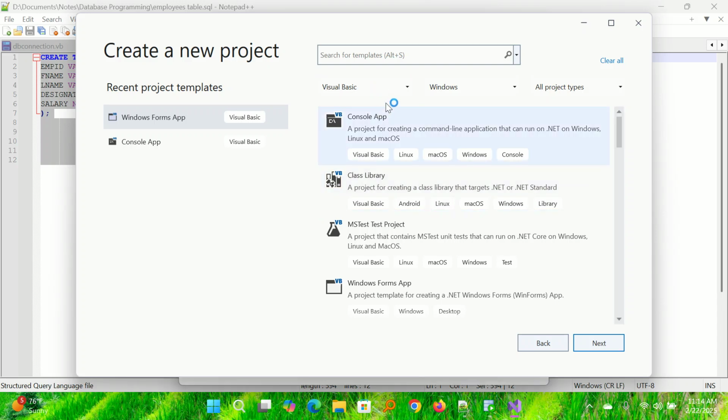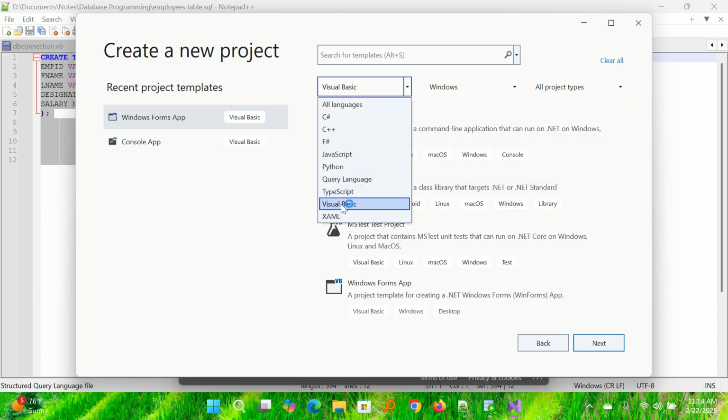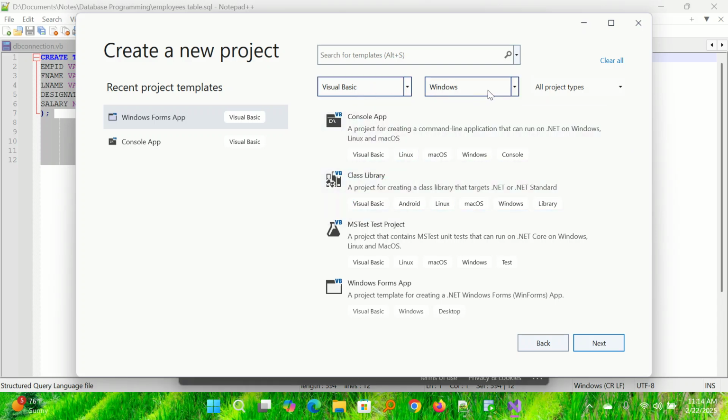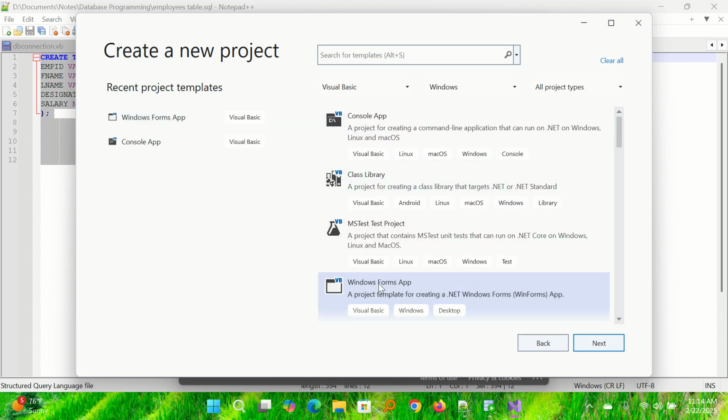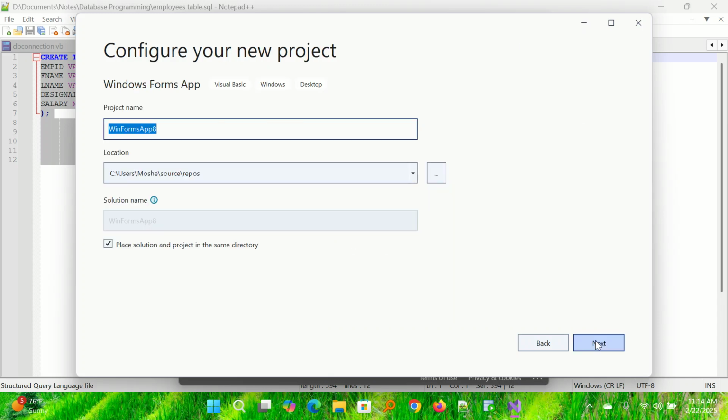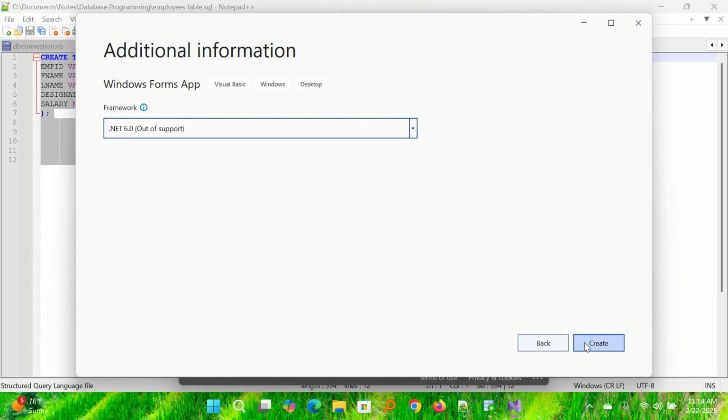I will select Visual Basic here under languages, then Windows, and then I'll go with Windows Forms application. Next, so I'll call this one Oracle connection app, and I'll maintain the default settings. Next,